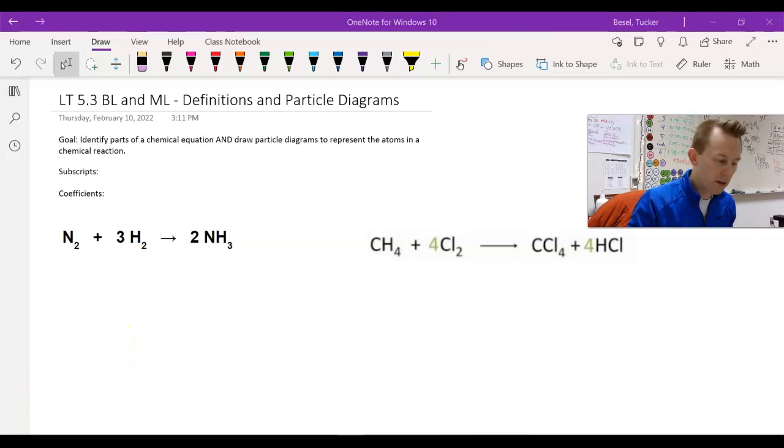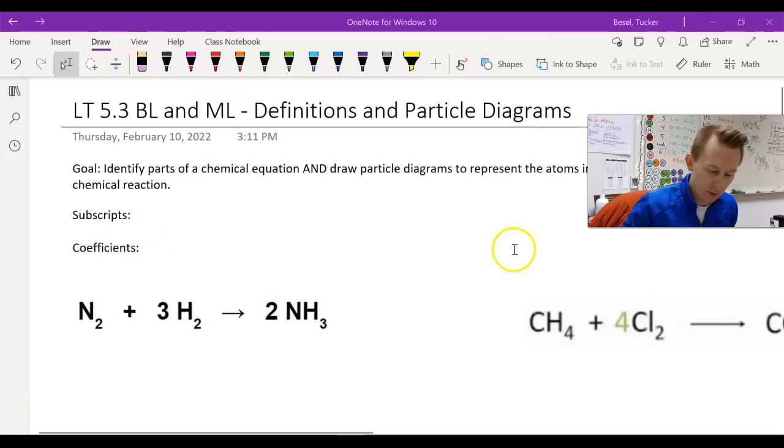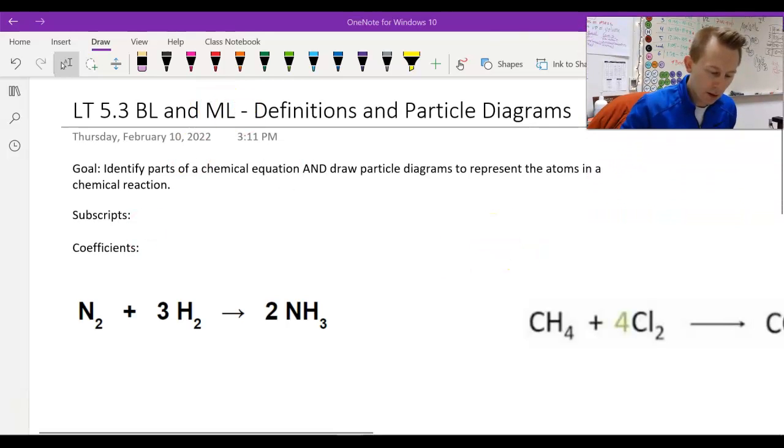So, in this video we're talking about Learning Target 5.3, which is all about the parts of different kinds of chemical reactions. By the end of this video, your goal is to identify parts of a chemical equation and draw particle diagrams to represent atoms in a chemical reaction. So let's get started with